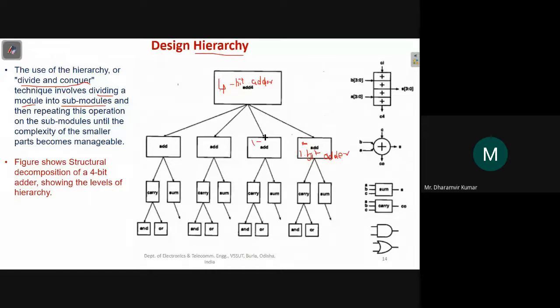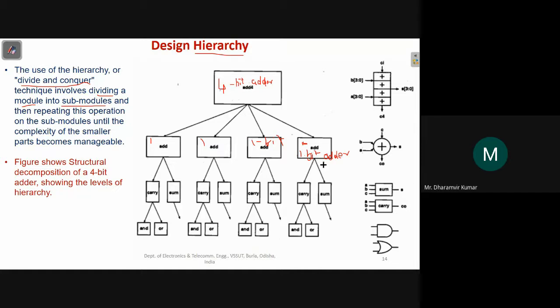This is also a 1-bit adder, this is also a 1-bit adder, and this is also a 1-bit adder. So the first step is to divide this 4-bit adder into 4 modules of 1-bit adder each.